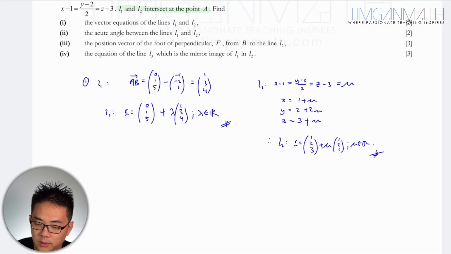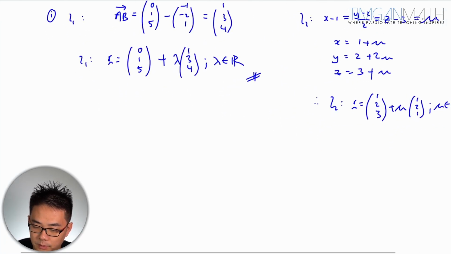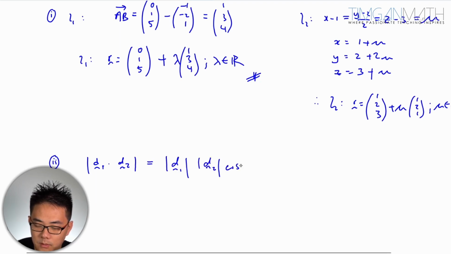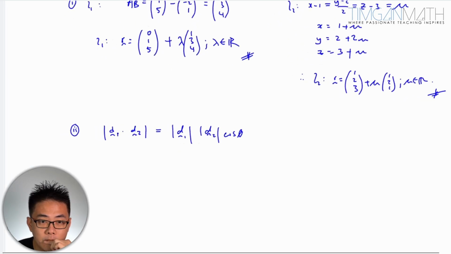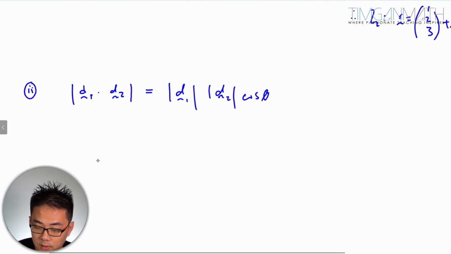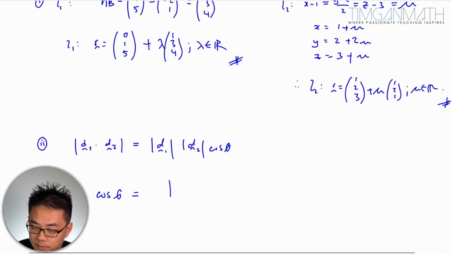Second one is the angle between L1 and L2. The angle between L1 and L2 is just between two lines. D1 dot D2. Just use the cosine rule. That's about it. So cosine theta goes to